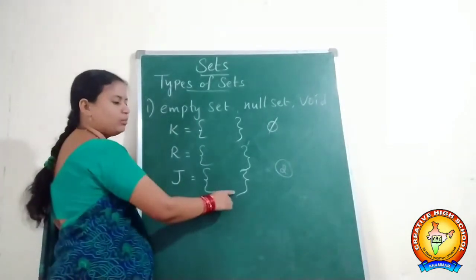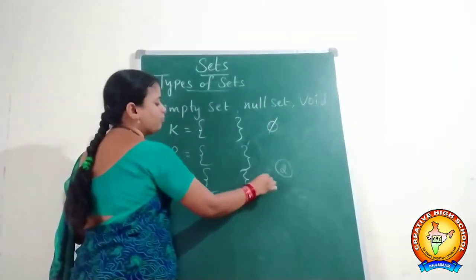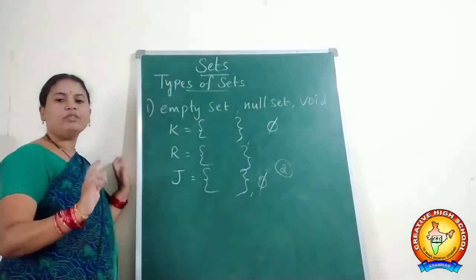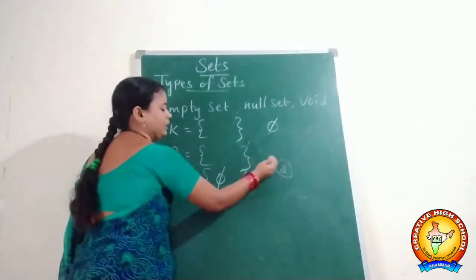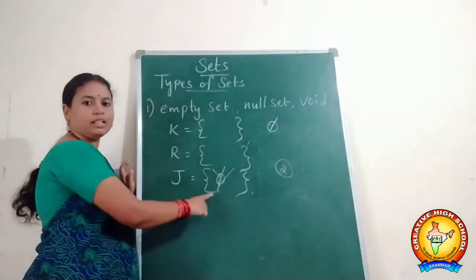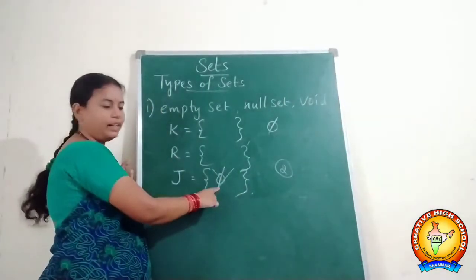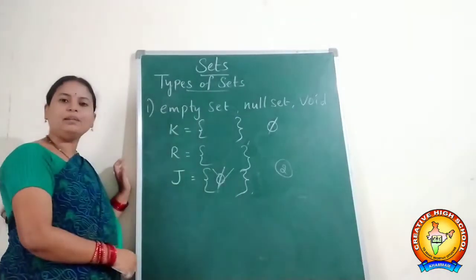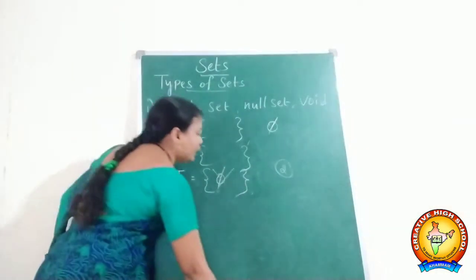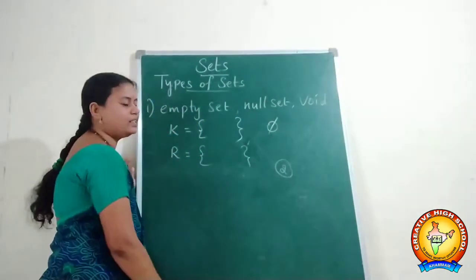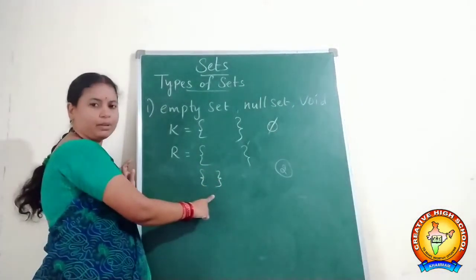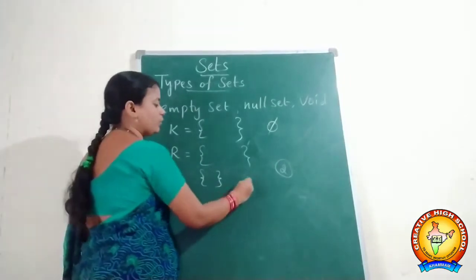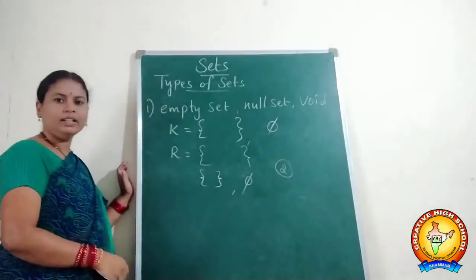And we can write empty brace brackets, or we can write phi. But remember that we should not write this phi inside the set braces like this. Because if you write phi in the brace bracket, this phi will become one element. So be careful when you are writing the empty set. If you want to write the empty set, just write the empty brace bracket, otherwise write phi. Okay. Next.